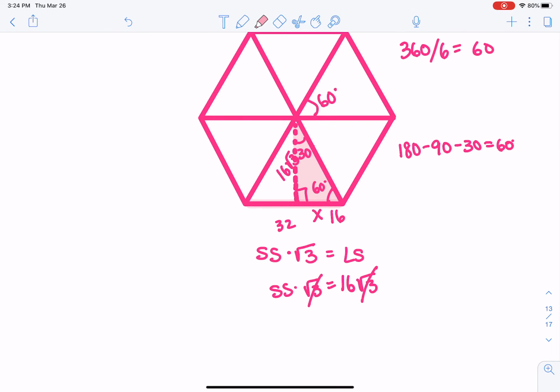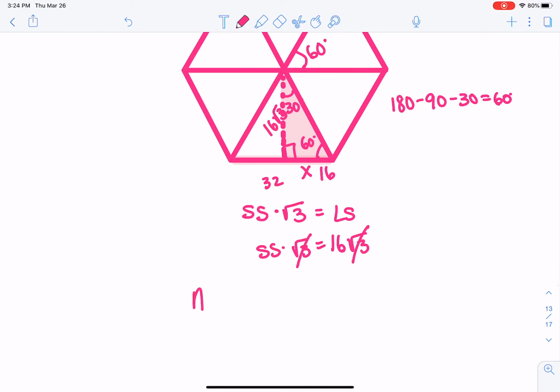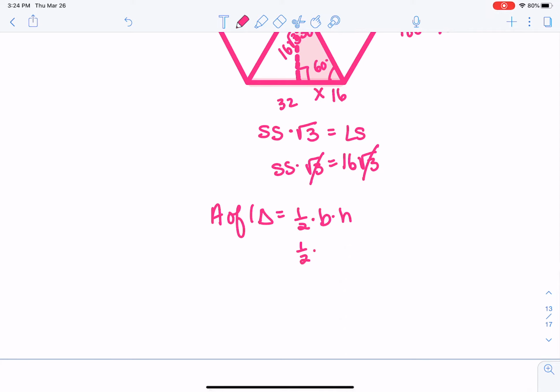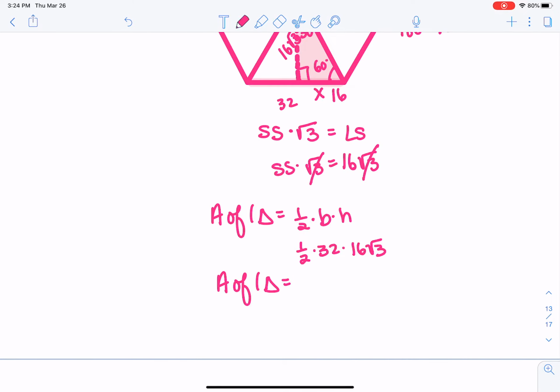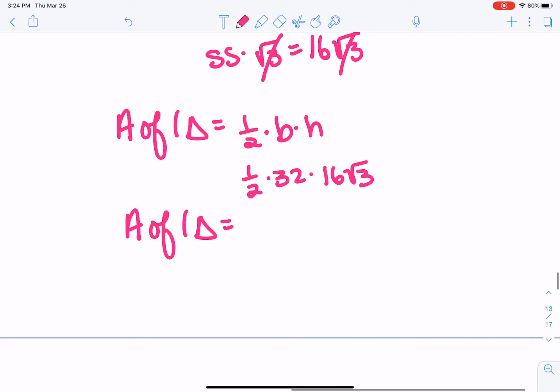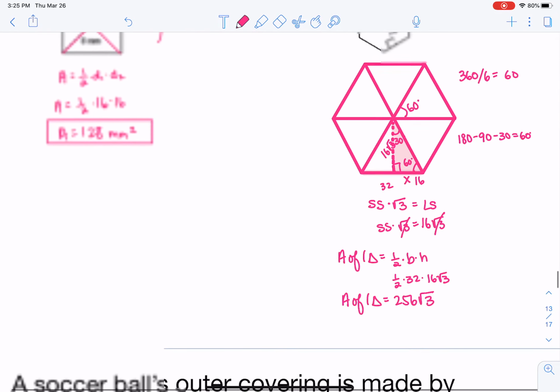So now I have the base and the apothem. I can find the area of one triangle, which is 1/2 times base times height. The base is that whole thing, or 32, and then the height is the apothem. So again, the area of that one triangle, ACT mode, is the 32 times 1/2 is 16, and then I'm going to do 16 times 16 in my calculator to get 256 square roots of 3. So that's one triangle. If I wanted the entire hexagon,